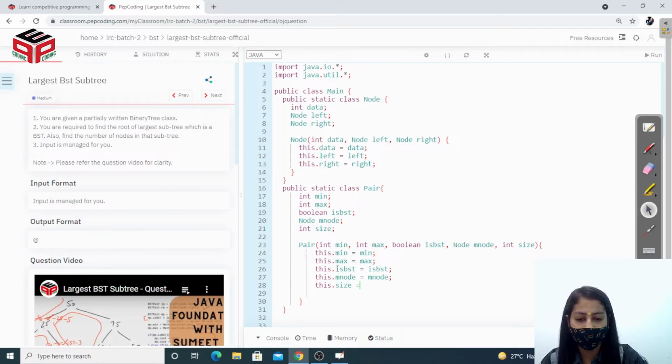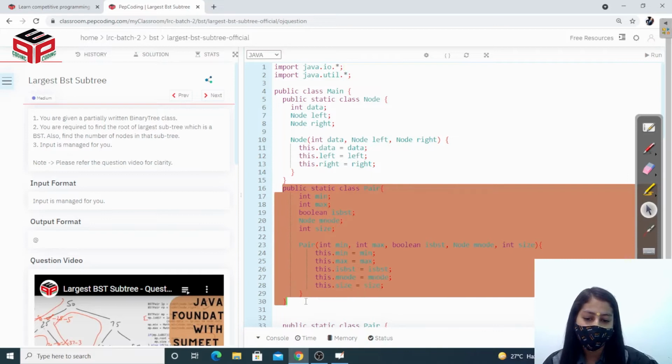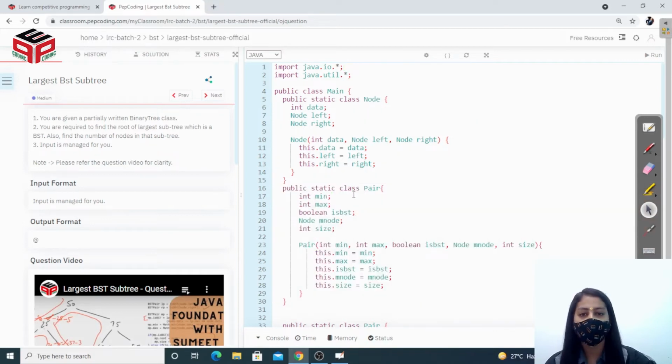So we have created our class. Now you know why we need this class and how to check whether a particular tree is a BST or not. So if you don't know, then please watch the previous video, right?